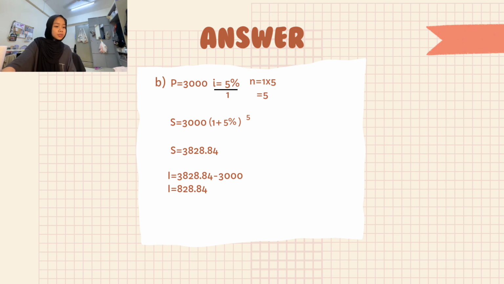So the answer is going to be 3,828.84. How to find the interest is by taking the future value and then minus it with the original principal. So we're going to get 3,828.84 minus 3,000. So the interest earned is